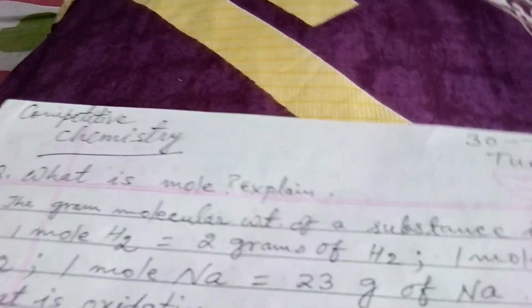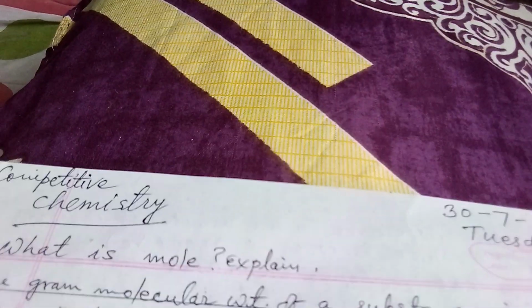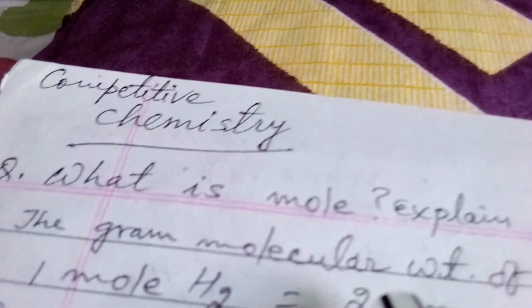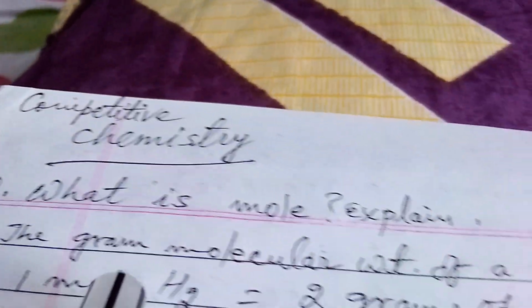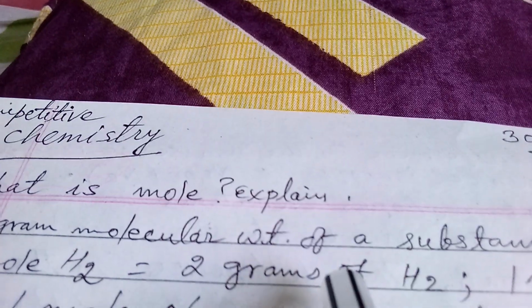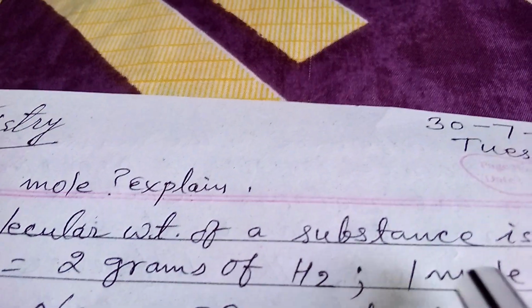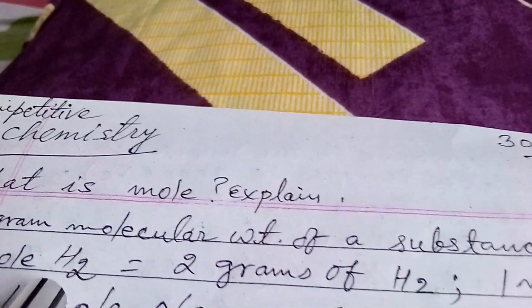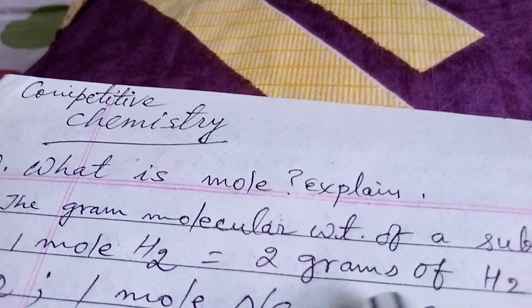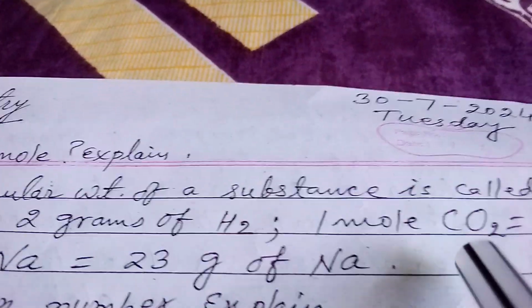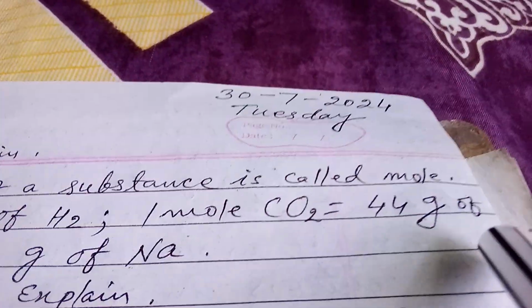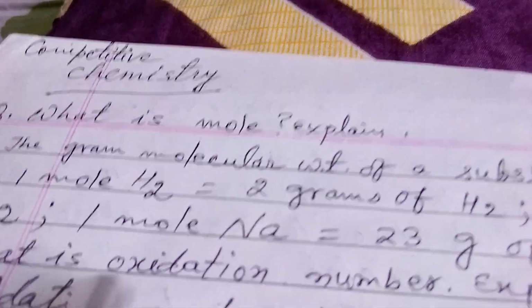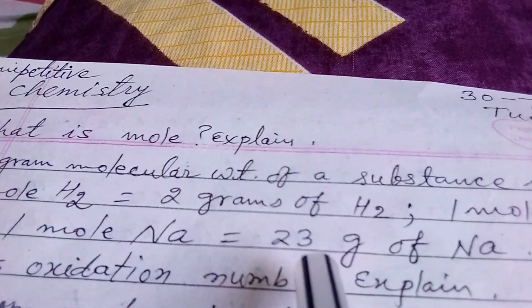Dear students, today I'm going to discuss some questions in chemistry. The first question is, what is mole? Explain. Answer is, the gram molecular weight of a substance is called mole. Example is 1 mole H2 equals 2 grams of H2. 1 mole CO2 equals 44 grams of CO2. 1 mole Na equals 23 grams of